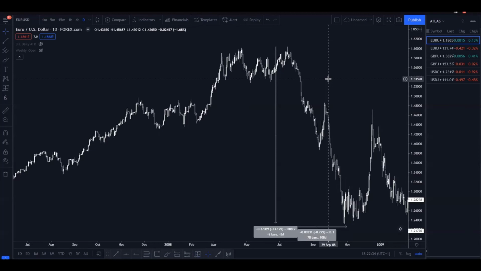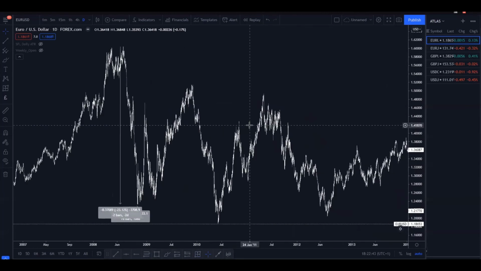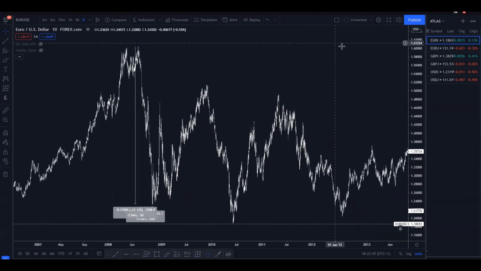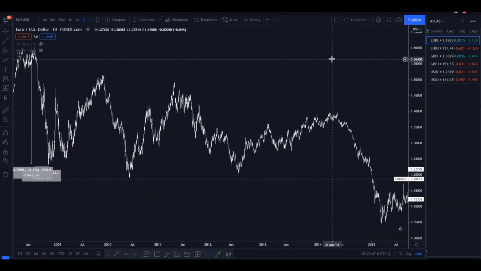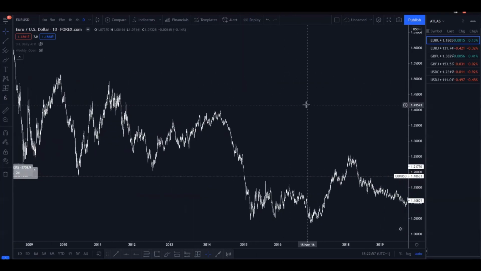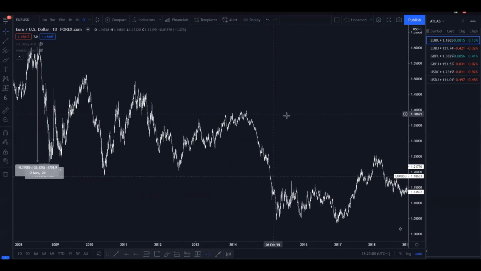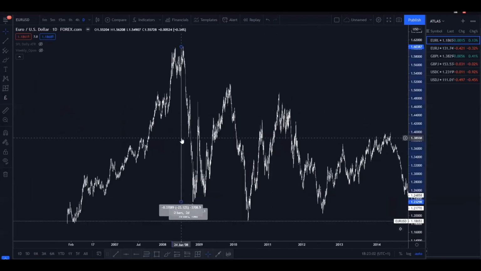Once again, it's a massive fundamental factor affecting the markets and the long-term trends of the markets. Because you can argue that if this hadn't happened, the market would have just carried on trading upwards, and you could have seen the euro dollar trade at 2 to 1, even 1.7 to 1. But we've never seen that, and I don't know if we are likely to see that. Ever since that point, the market just traded downwards in this range. So once again, a massive fundamental reason.